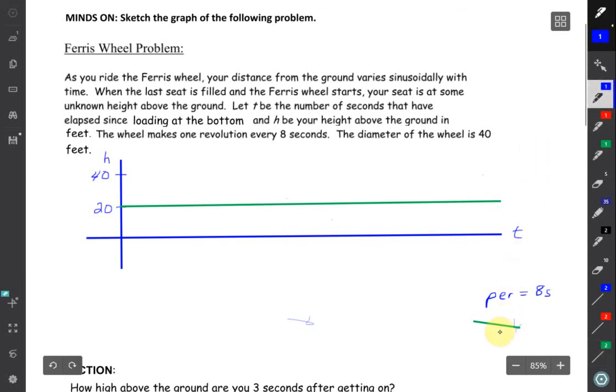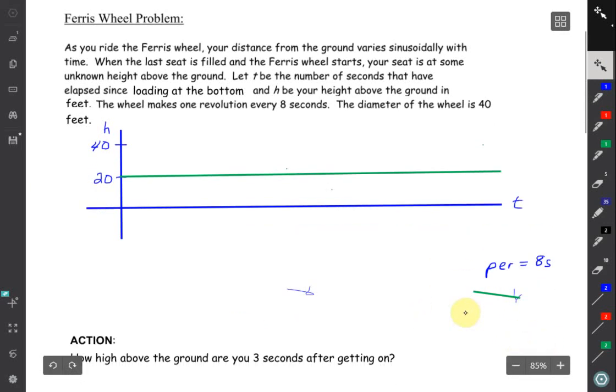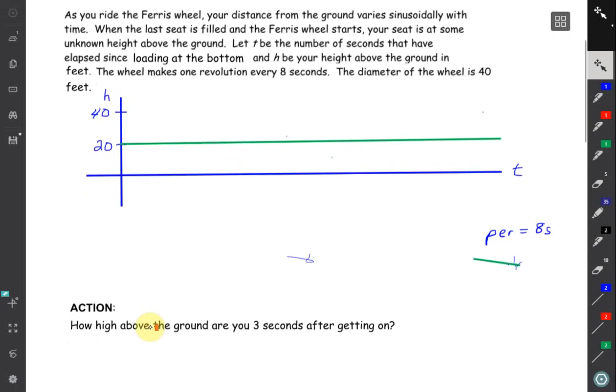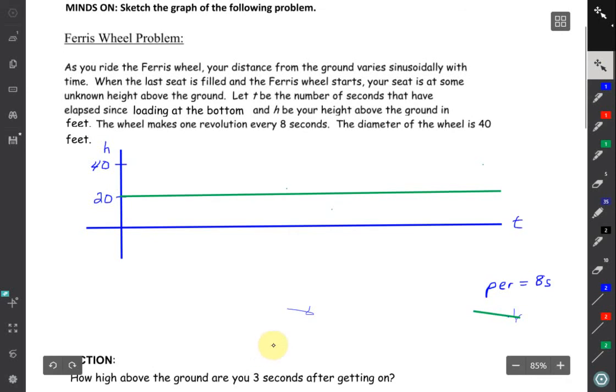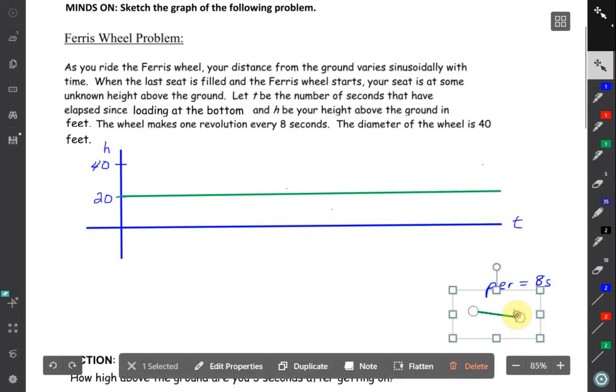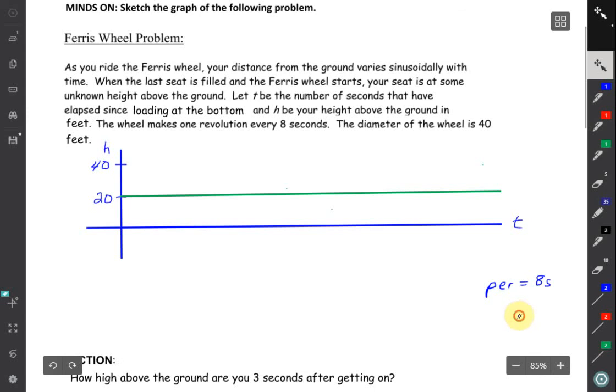Now our period is 8 seconds. So we need to draw a